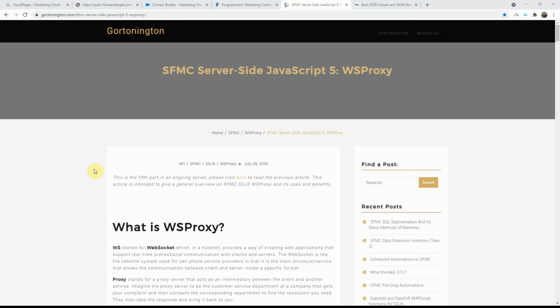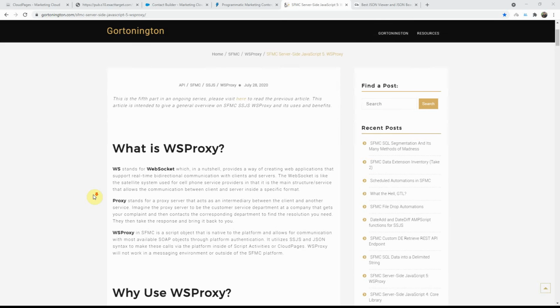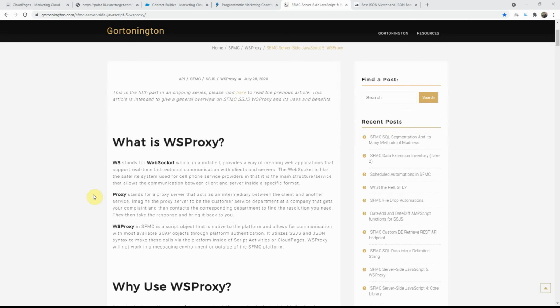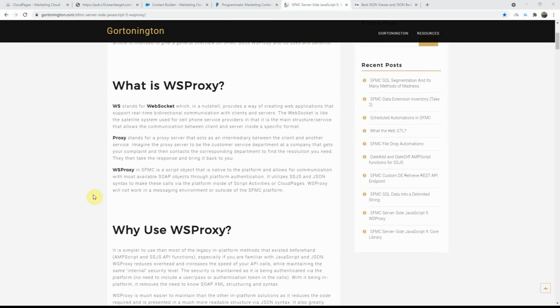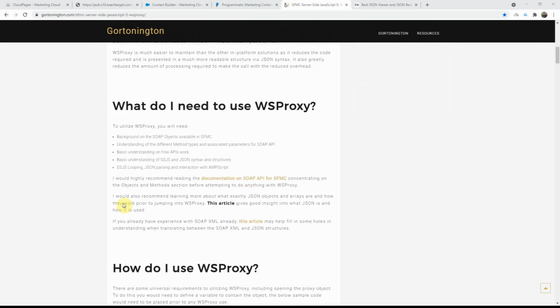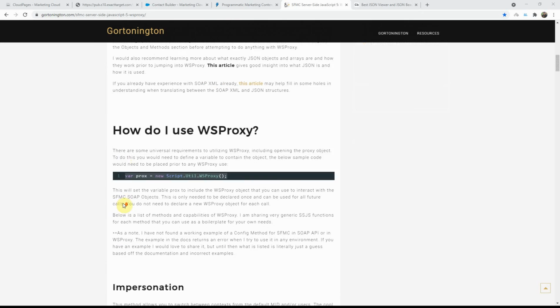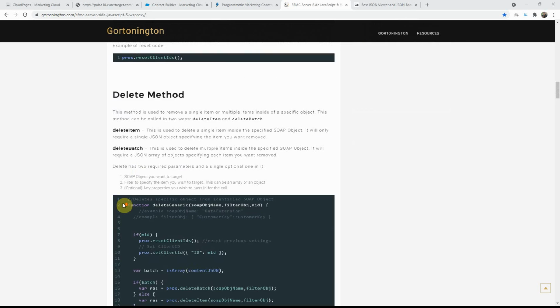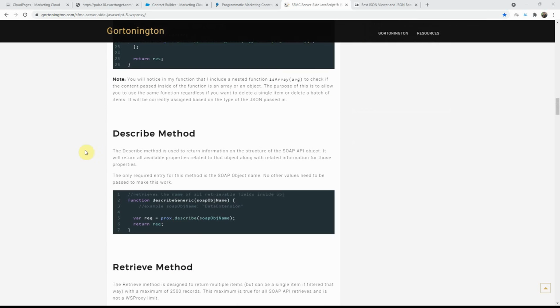What I usually use for reference, as well as whenever I provide information to some of my mentees and people who are new to WS Proxy, is Greg's blog. It's a great reference, because it gives a very clear explanation of each of these operations, permitted options, and examples on how to invoke each of these. So I would definitely urge you to go through his blog.